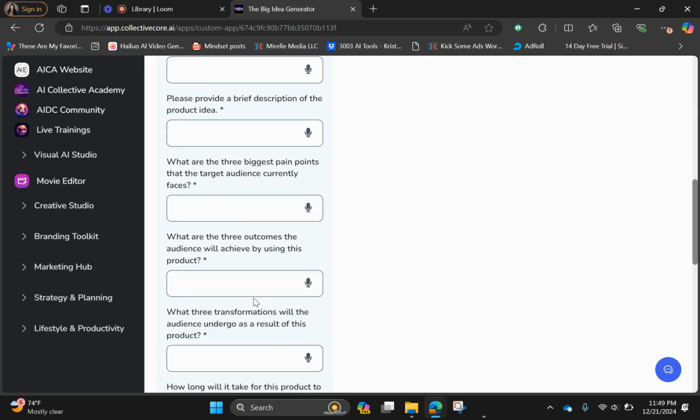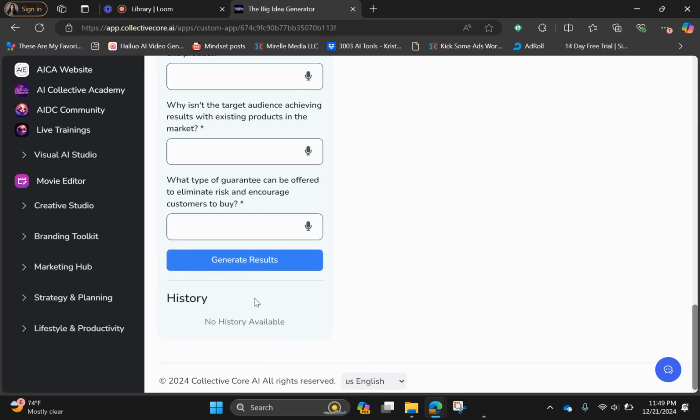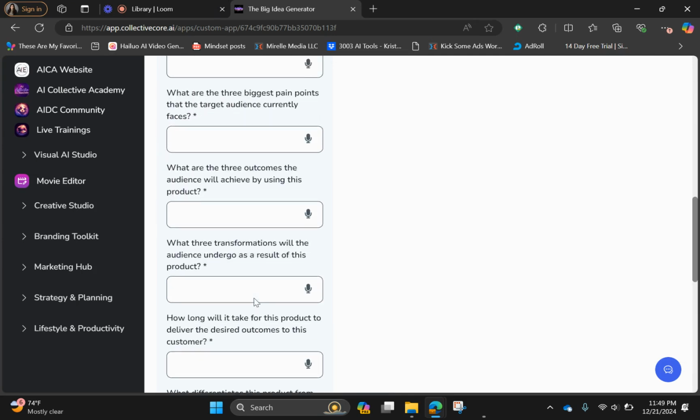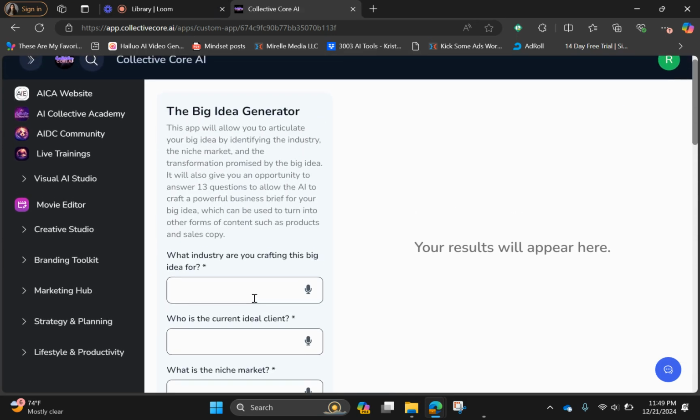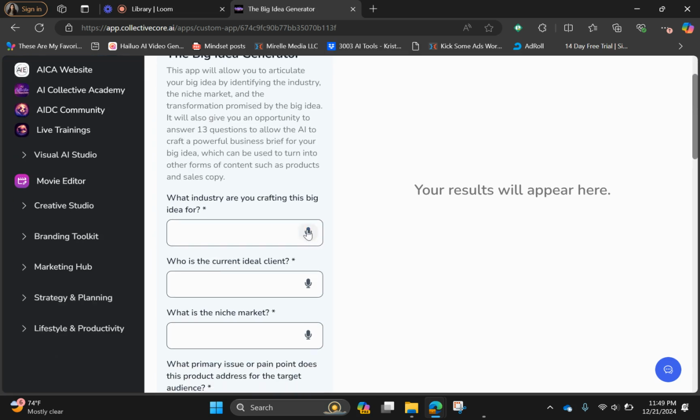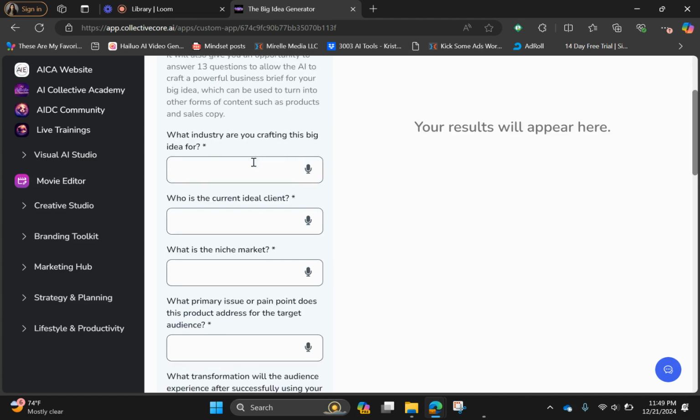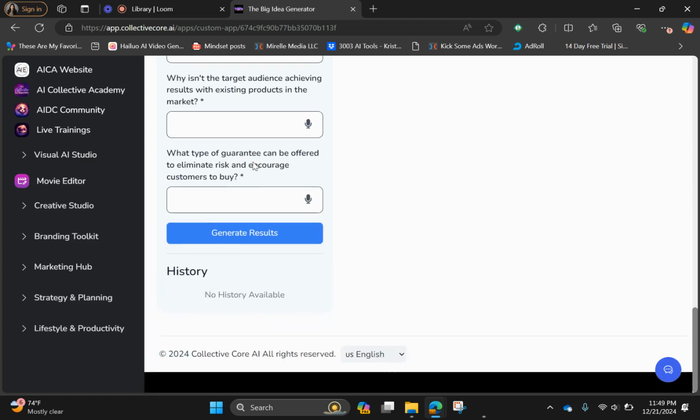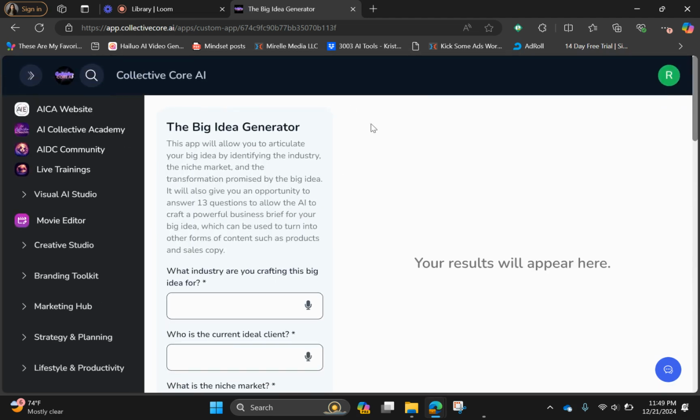So it's going to ask you a lot of questions, and I'm sorry, I know it does look like a lot, but the output that you get is going to be so amazing. Okay, so just to make it easier for you, you can use this little icon and just talk to it, answer with your voice versus typing it out because it'll be a lot faster, and then you'll get your output. But like I said, I'll do a training specifically for each app so it'll be easier for everybody to understand.